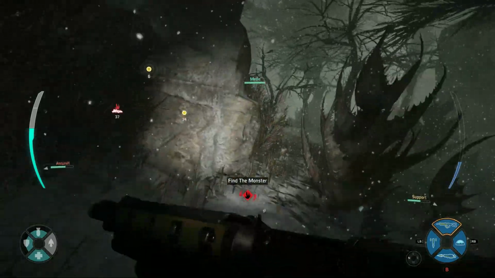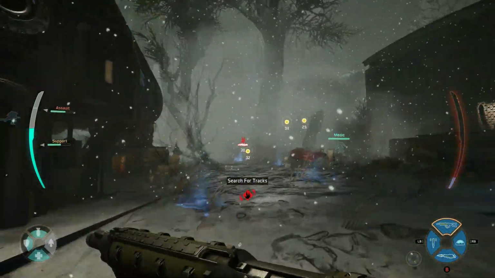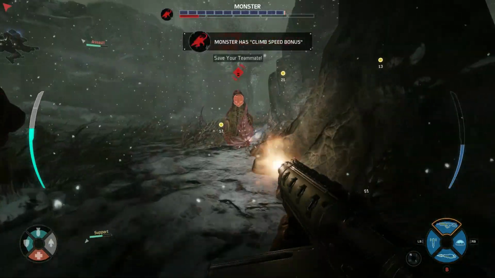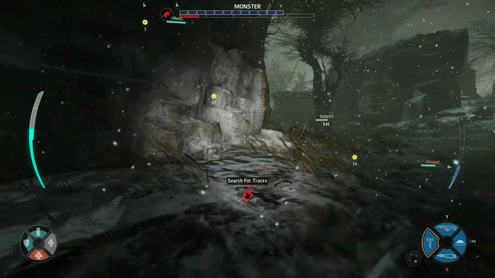You know, the monster still takes hundreds and hundreds of shots to take down, but it can speed things up and is a nice little support weapon. There's two different... monster has climb speed bonus. I just freed the medic from that plant, by the way. I guess they got it by